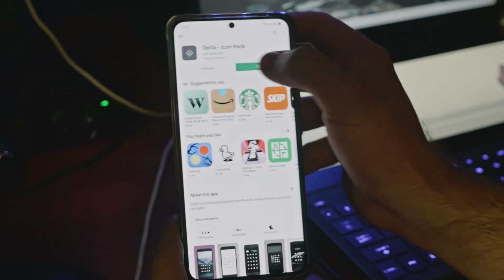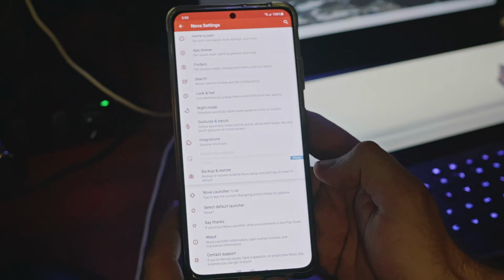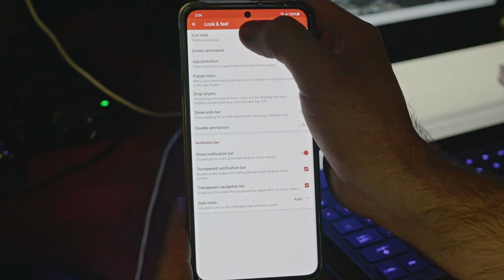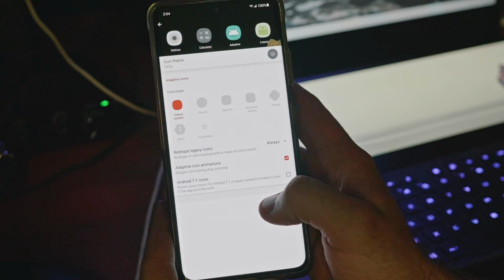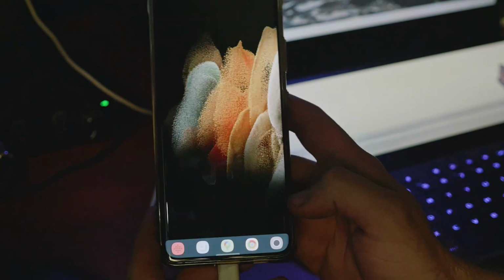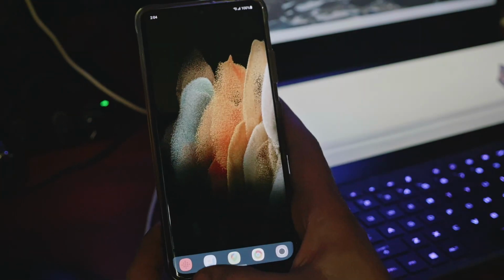Okay, so the other icon pack that I need here is Delta icon pack. So we can long press, go to settings. We're going to go to the look and feel, and then in here, the icon style at the top. We're going to select this one, and we're going to pick our icon pack by going to icon theme. Now in here, we can pick Delta, and that's going to pick all of the Delta icons for the apps that are available. So now you can see that we have more minimalist icons, nice muted colors,